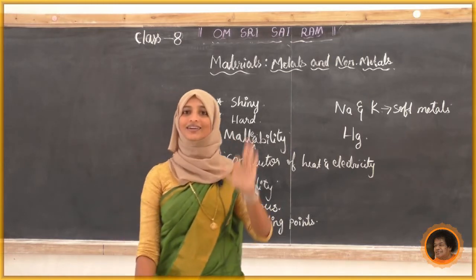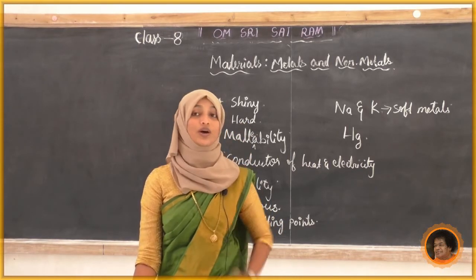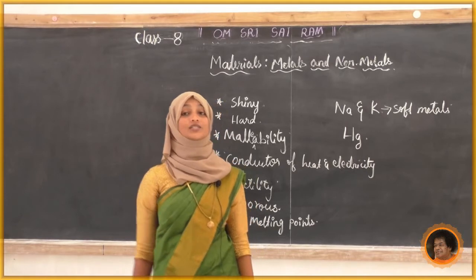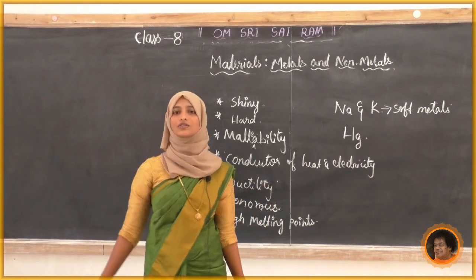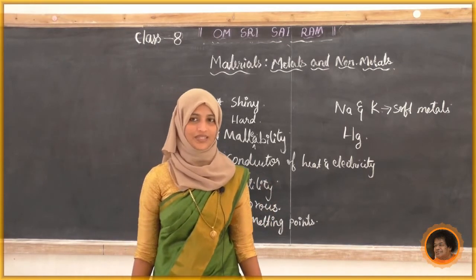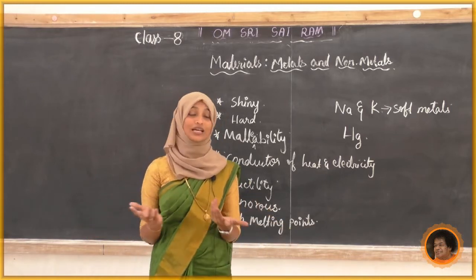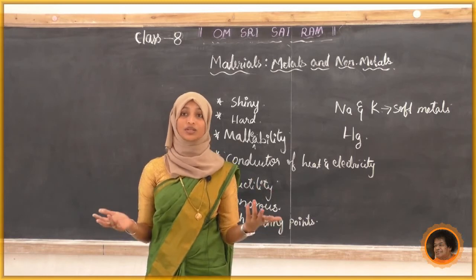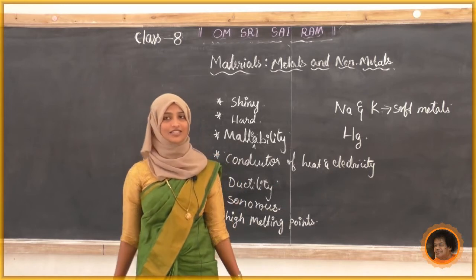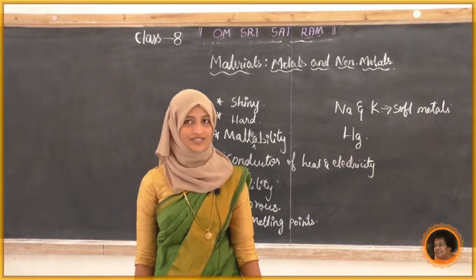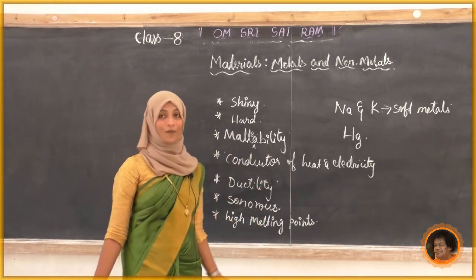Okay. So in today's class we completed the physical properties of metals. Next class we are going to study the physical properties of non-metals. So we'll just recall what we have studied in today's class. Yes. So we come to know that materials are of two types. Material is made of two types of things, that is metals and non-metals. So in today's class we have discussed only the metals. Yes, in metals we come to know that they have unique physical properties.